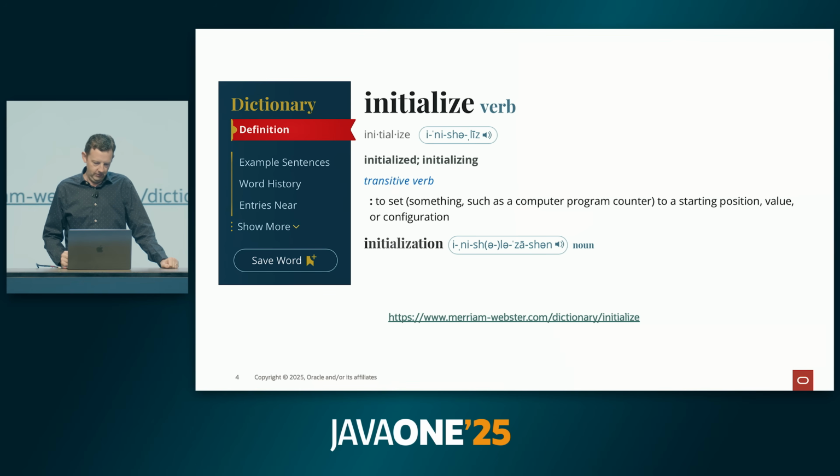Now, if you think about that for a second, you might wonder, what is its state before it's in its starting position? Because it's a thing, it exists, and you need to set it. What was the state beforehand? And if it had state beforehand, wasn't that the starting position? And I guess you can model things that way, but it's actually useful to think about a lot of different program components as starting out created, and then you do something with them to initialize them, and then they're initialized.